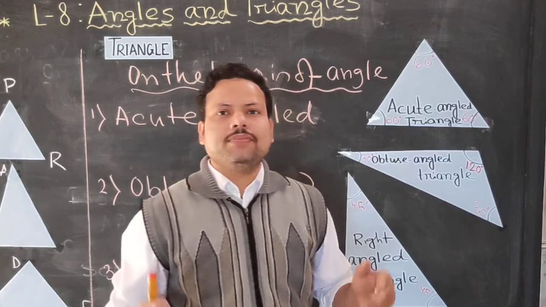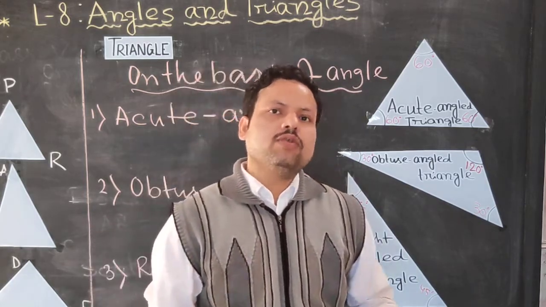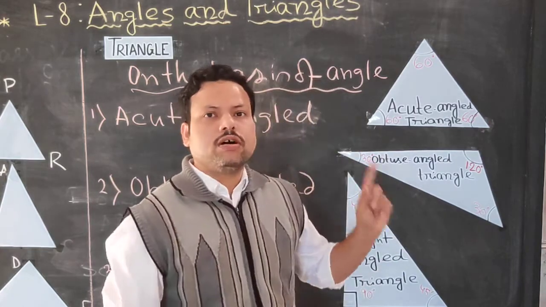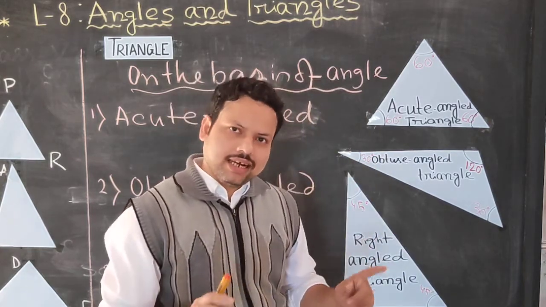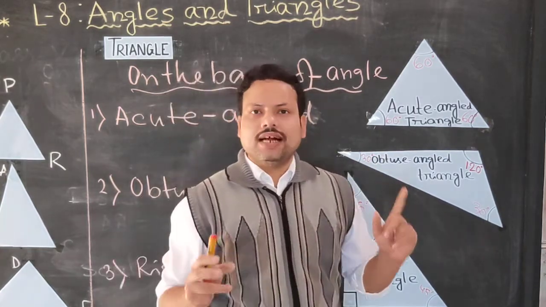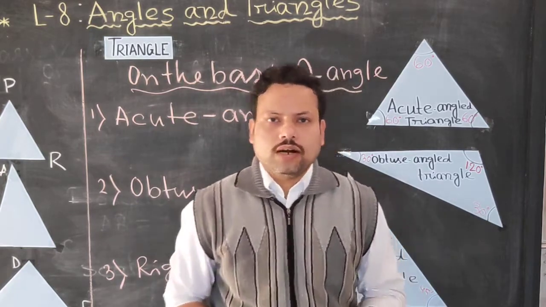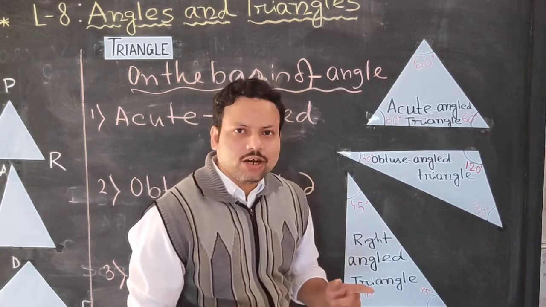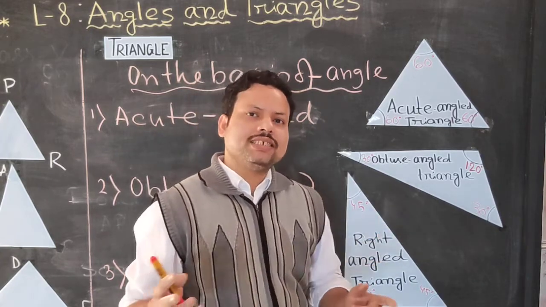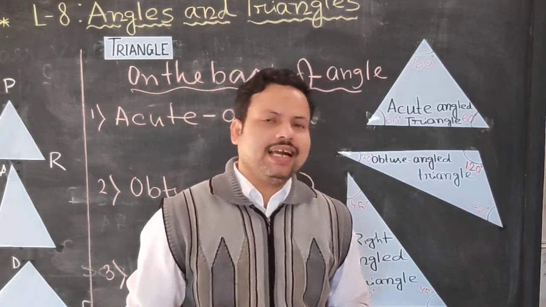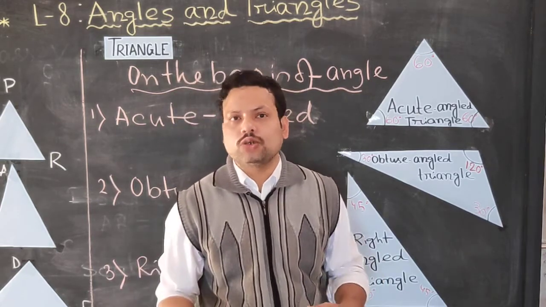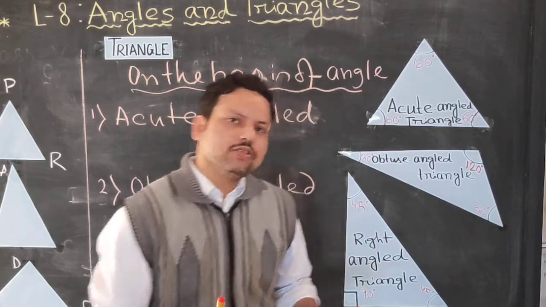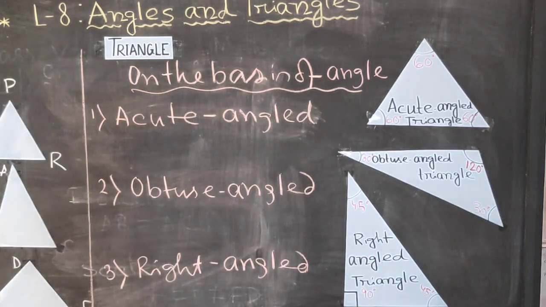Clear? So today I have explained not only the angles but also the types of triangles. These types of triangles are of two kinds: one on the basis of sides, another on the basis of angles. On the basis of sides there are three types, and on the basis of angles also three types of triangles. Clear? So students, watch this video again and again